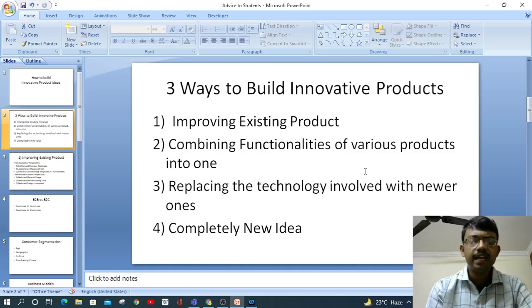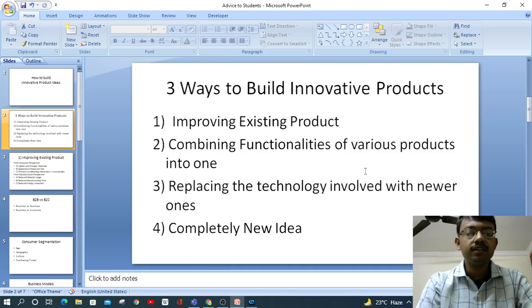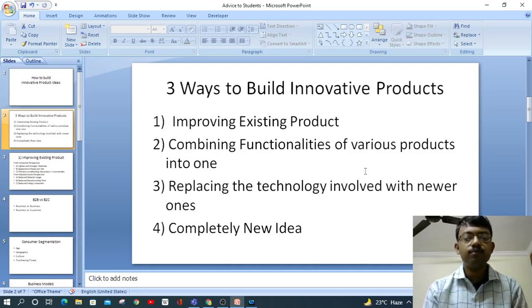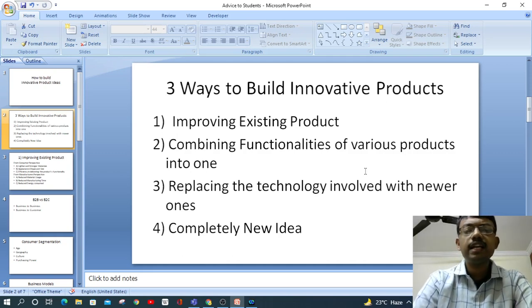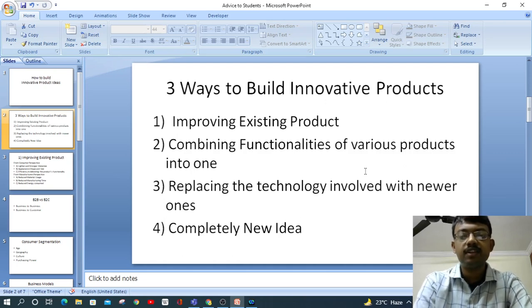And now, as everyone knows, we are shifting towards electric. The prime mover inside the car is going to be an electric motor, and the power unit is going to be powered by the battery, and you will not be using any engine. So nothing much is going to change in the car except the way it is propelled. That's nothing but replacing the technology.